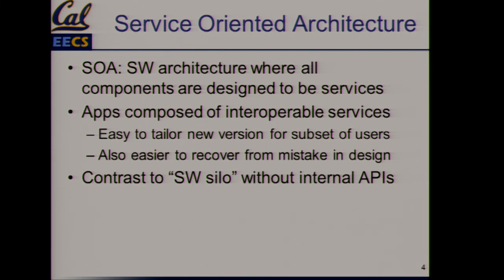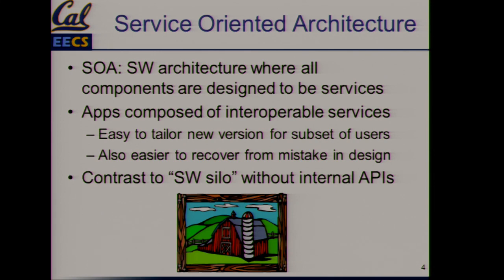So we had to come up with a name. Service-oriented architecture, what's the name for something that's not service-oriented architecture? And so we use the phrase software silo and have our little farm icon there to talk about it. So this idea, it's a monolithic piece of software. All the components are behind a wall. They all interact with each other. So siloed software versus service-oriented architecture. Two ideas here. So how do we explain that?